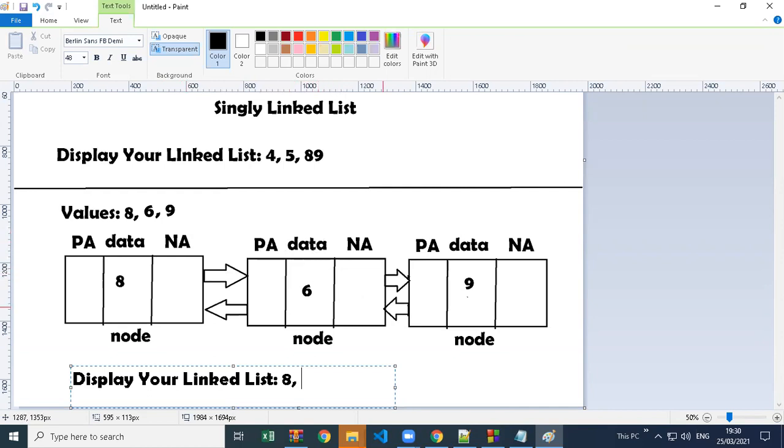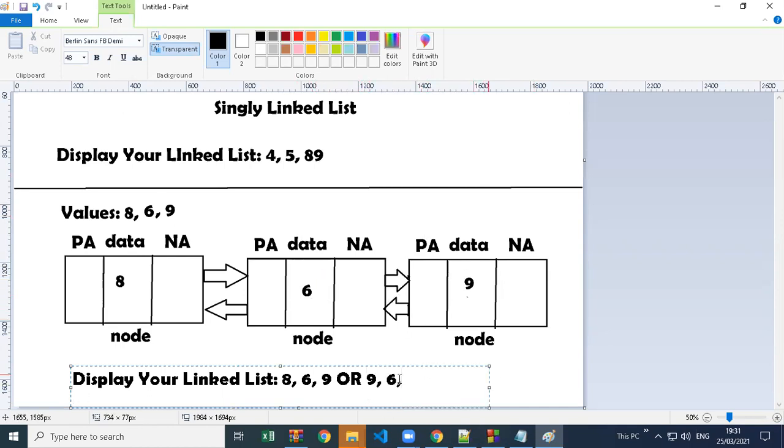And then the next node will print its data 6, and then this node will also go to the next node, because it has the address of next. NA means next address, next node address. So here it will print 9. Similarly, you can also start from the end node, and the end node will print 9. After printing 9, it can go backward now because it has the address of the previous node. PA, previous address. So if it goes to the previous node it will print its data 6.